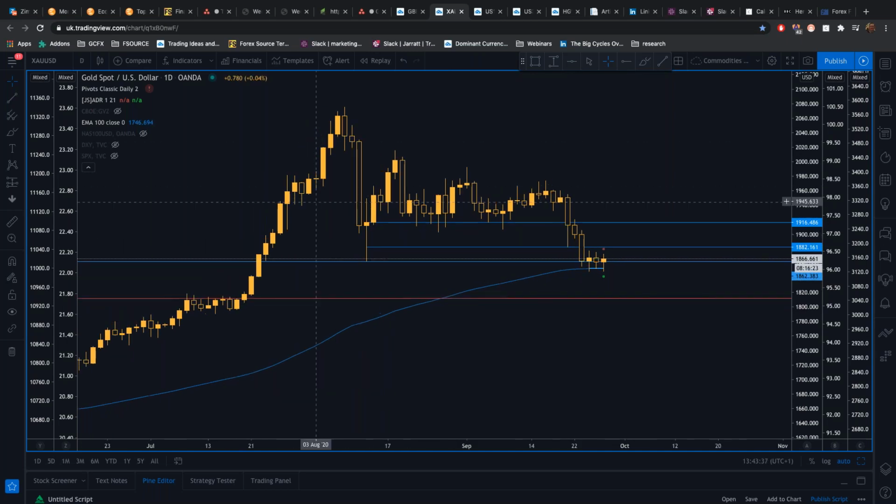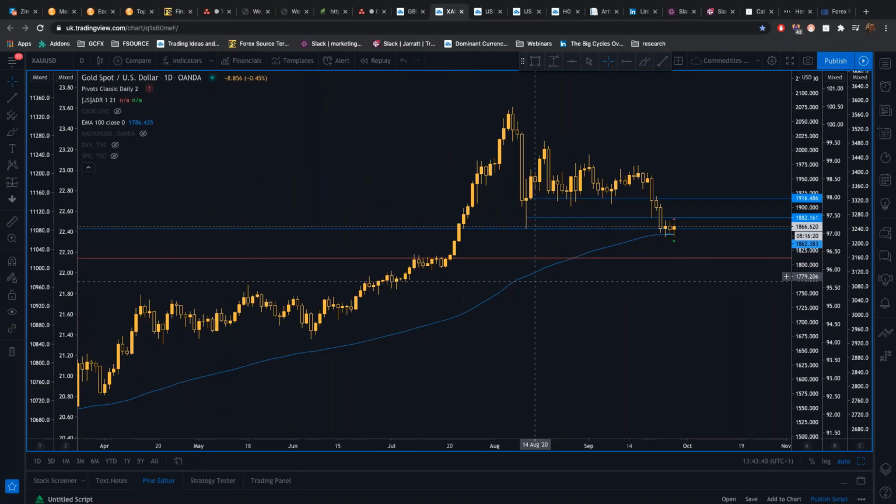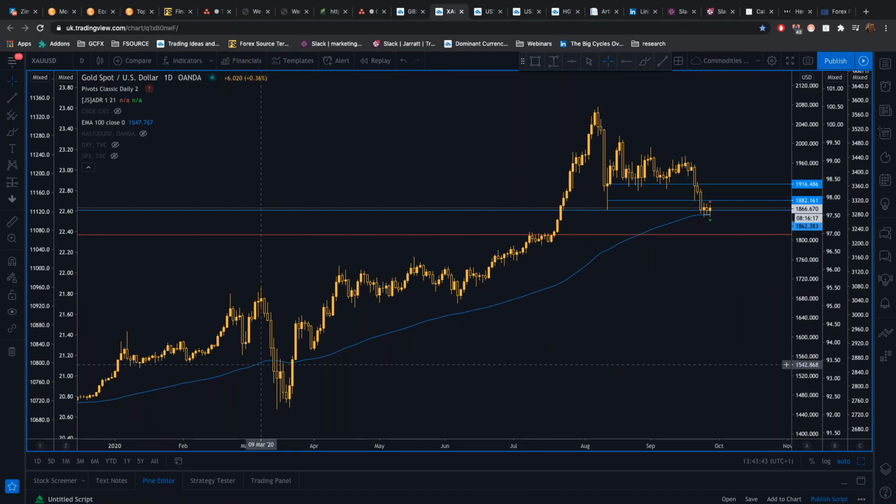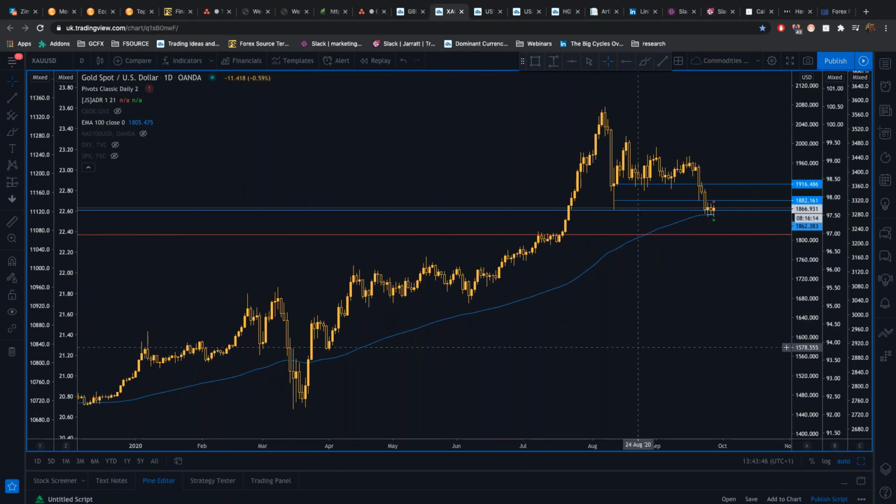Now, the picture for gold, longer term, you can see this strong run that gold's had all year. The reason for gold's strong run is we've had low interest rates, we've had quantitative easing expanding, and this expansion of quantitative easing means that currencies devalue. Money can be physical, like the money in our wallets, but money can also be digital, like the money in our bank accounts. And what quantitative easing is, it's the printing, as it were, of digital money. That digital money is then used to buy things like government bonds.